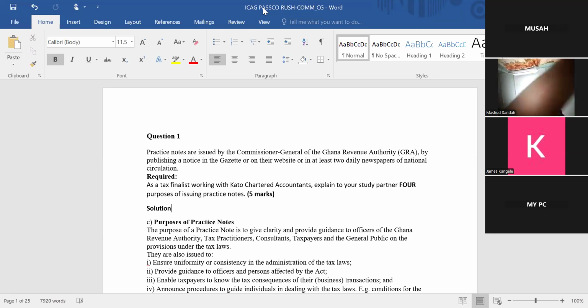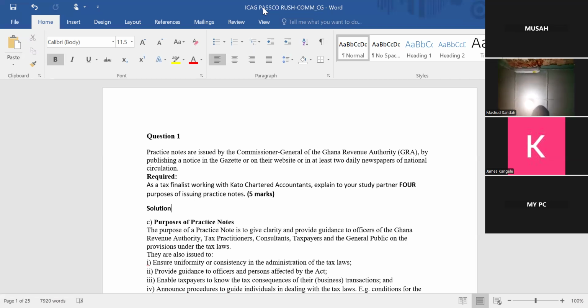So, as a taxpayer, there are both the taxpayer and the Commissioner General. There must be a communication between these two persons. So that is what we are actually coming to look at today. There are instances where, as I made mention, every night you get a 10 marker question from communication with GRA.